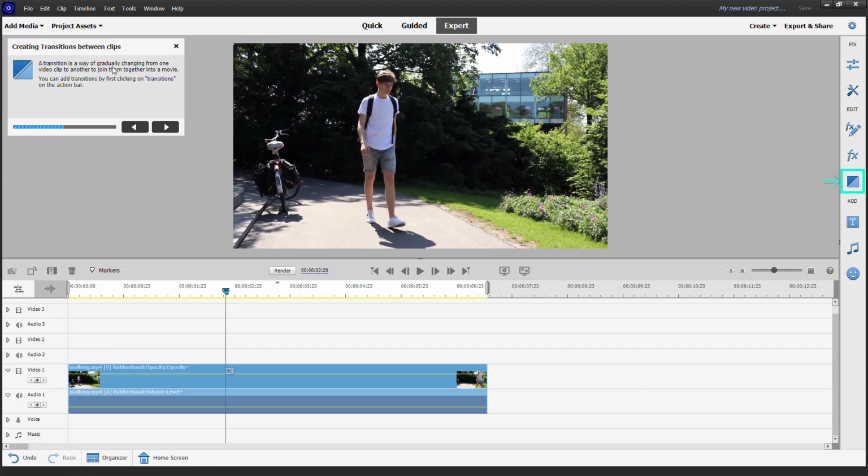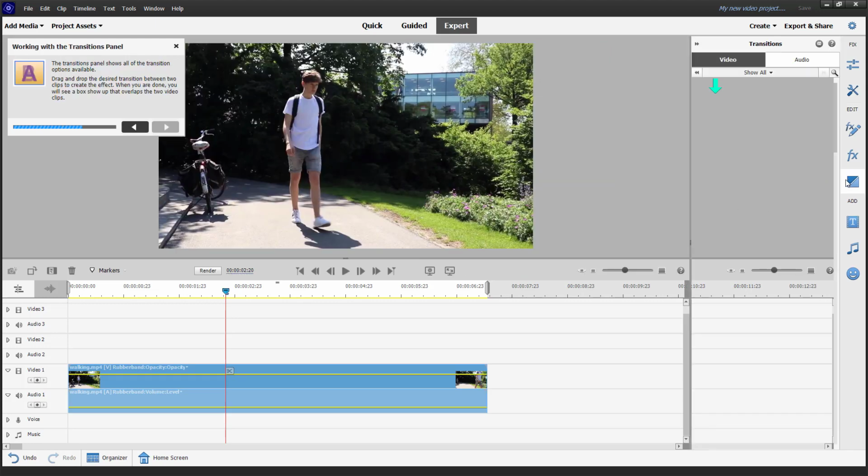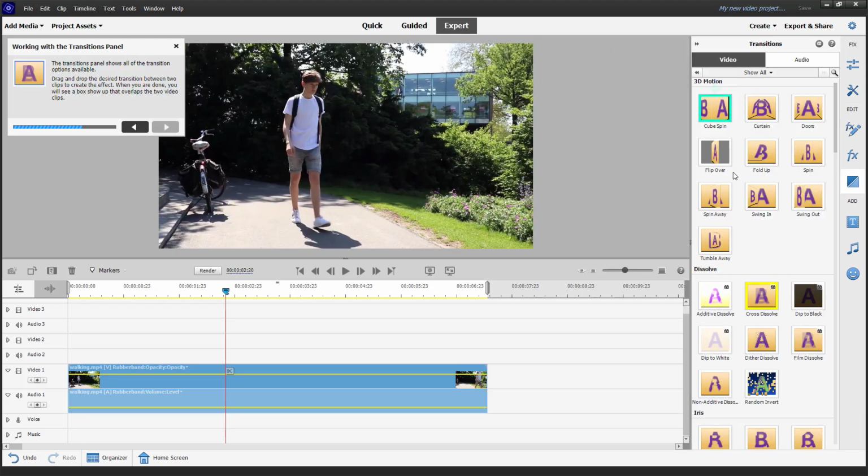So it is telling you what a transition is. It's a way of gradually changing from one video clip to the next to join them together into a movie. So you need to click on the transition right here. So now you can see that I have this right here. It says drag and drop the transition in between two clips right here, just like this, and then it'll show